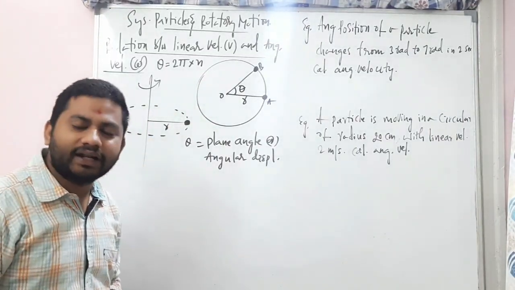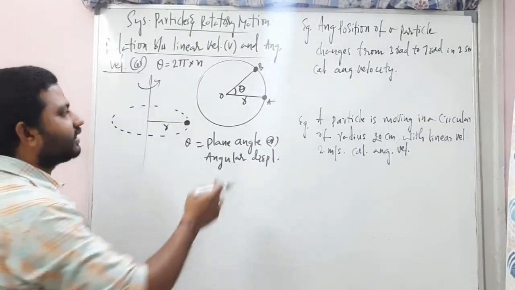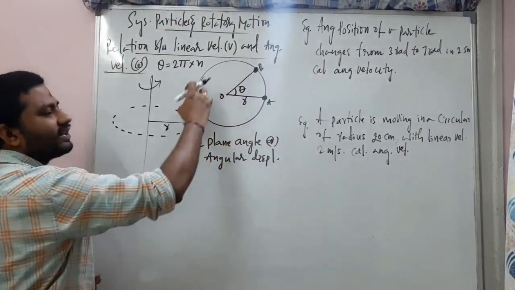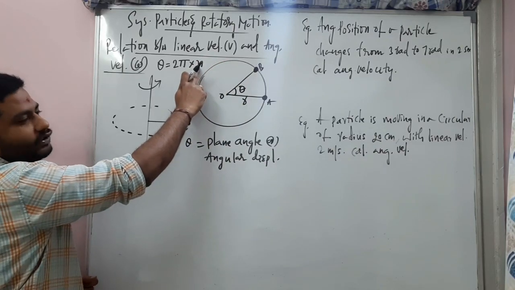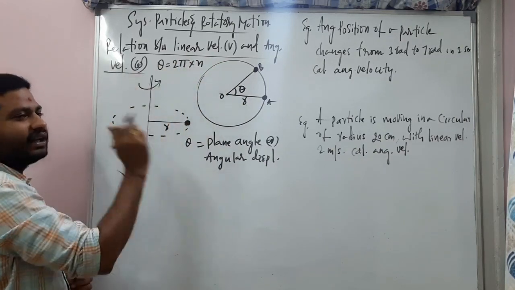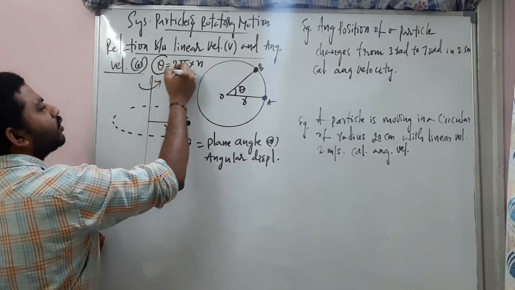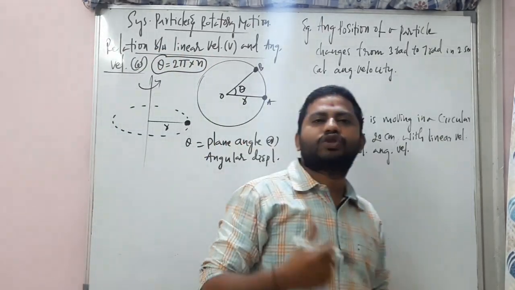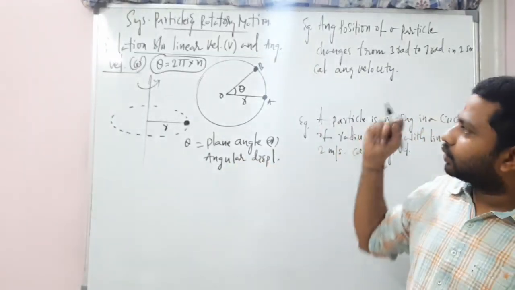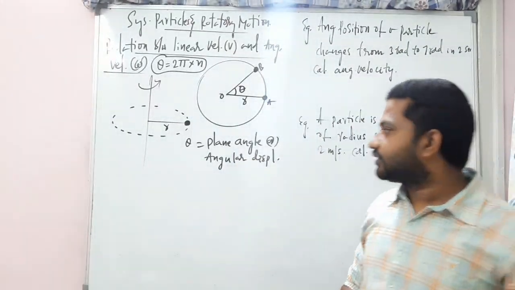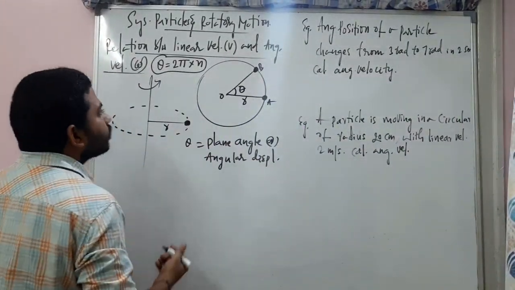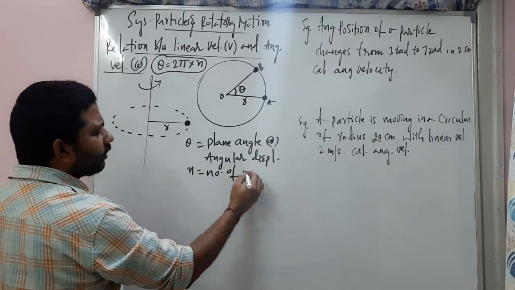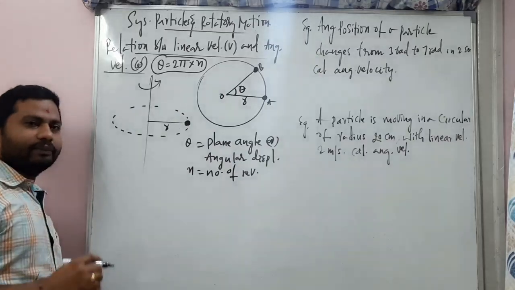What is that n here? The number of revolutions taken by the stone in a circular path. If one revolution is taken, it is 1. If it is 2, it is 2. If it is 3, it is 3, like that. And remember, this is the most important expression, and majority of the times in the NEET exam this question was asked: how to find that number of revolutions. We will be solving that today. So n is equal to the number of revolutions in a circular path.